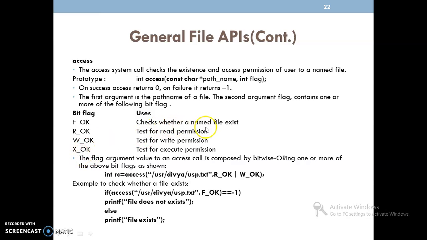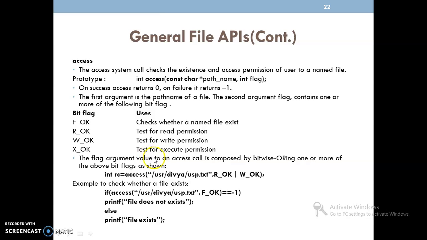F_OK checks whether a named file exists. R_OK means test for read permission. W_OK means test for write permission. X_OK means test for execute permission.